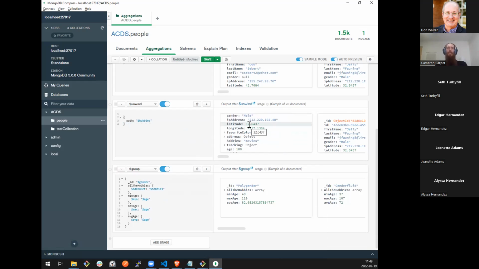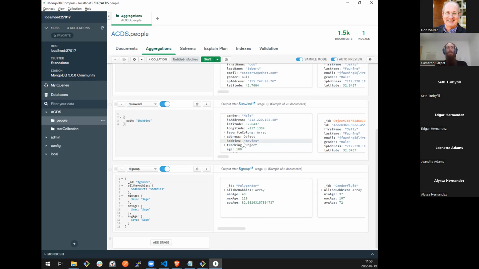We're about to find out how many hobbies he had. When I unwound all of our documents based on the hobbies field, if that array had 3 items, that one document will become 3 documents. All of the data will be exactly the same, except the field that was previously an array will become a static value of whatever associated item in the array is given to it.